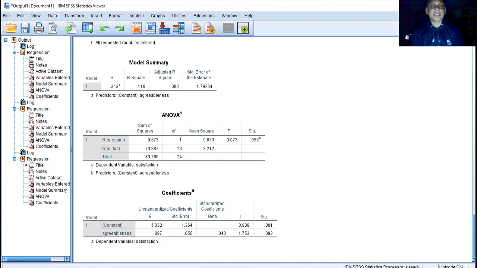Agreeableness as a predictor variable is unable to predict the value of satisfaction of an employee by the supervisor, at t within brackets 23, that is 25 minus 2. So t within brackets df, 23 bracket close, is equal to 1.753. Small p is greater than 0.05, and comma, r square is equal to 0.118. I suppose we have been able to answer the question,